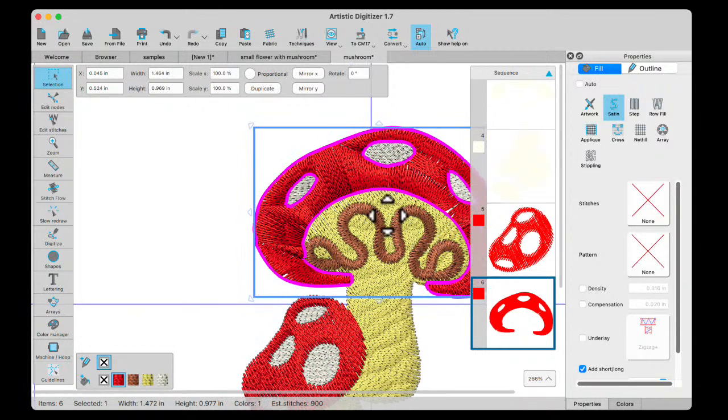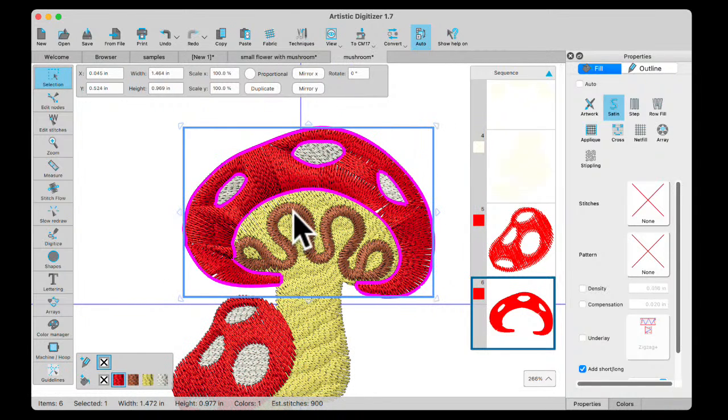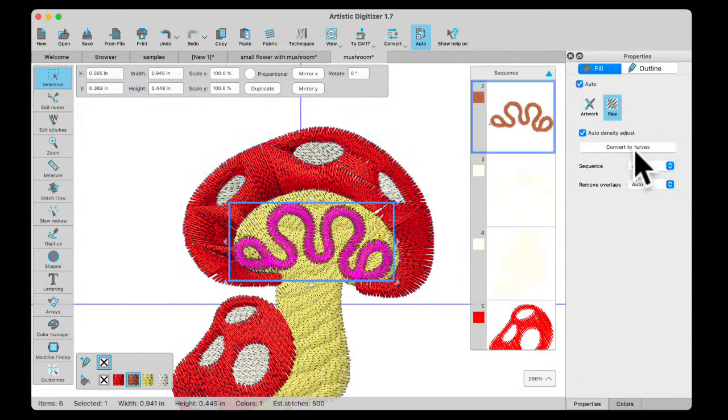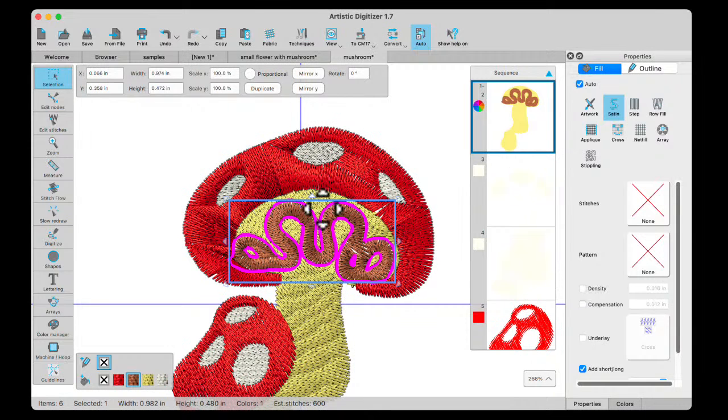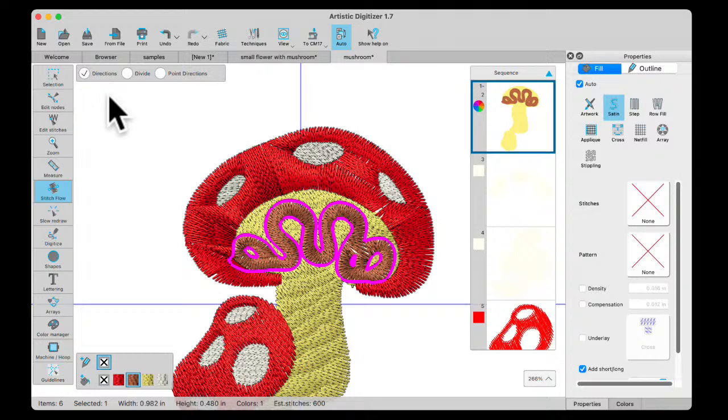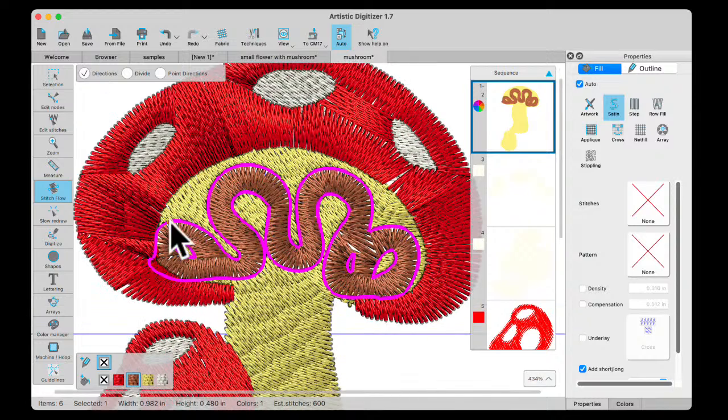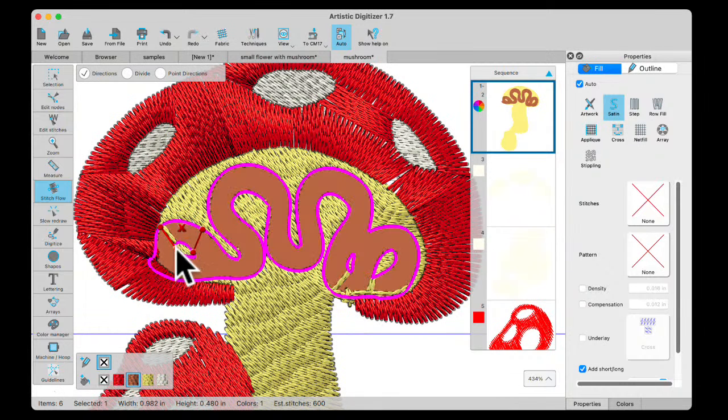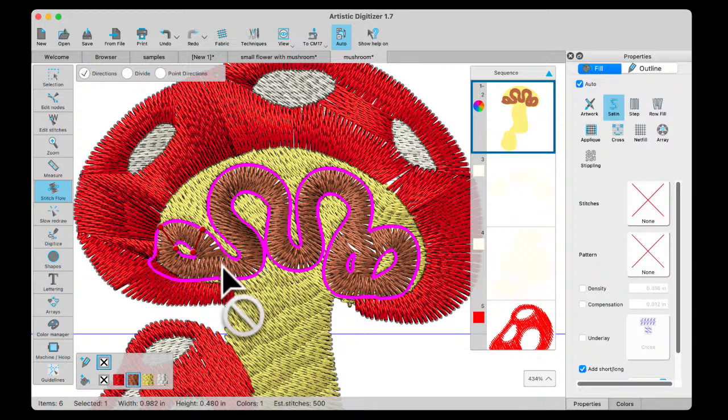So you have to play around with that part of it. This little part here, let's convert that. It's a satin line, and using a satin line, this is really important. When you have lines going and you want to direct the stitches here, even in lettering, you can use your stitch flow tool and make your,